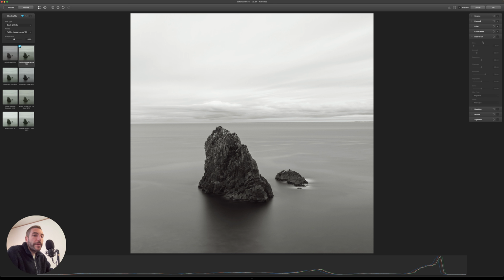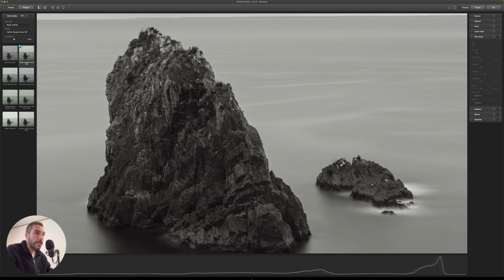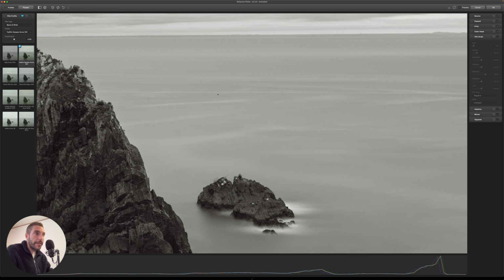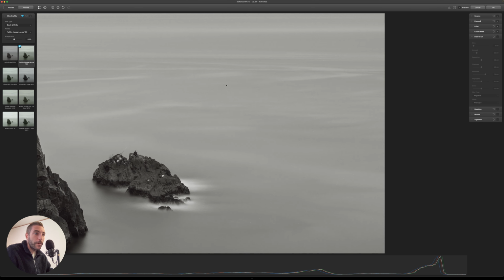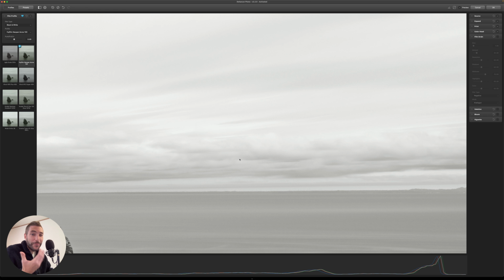Okay, so moving on to my favorite tab here, which is film grain. I love film grain. And if you look at this image now, it is in black and white, of course, and the emulation made something good to it, made it look a little bit more like film. But of course, one of the main characteristics of film that digital doesn't have is grain. If I zoom in at 100% on this image, you see that it's really clinical, really clean. There is no noise, there is no grain here in the water or in the sky. It's real, but it kind of looks fake, for lack of a better word.